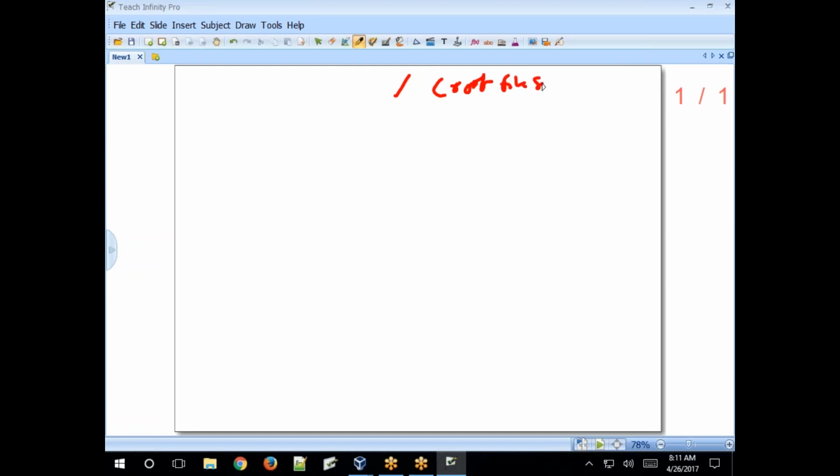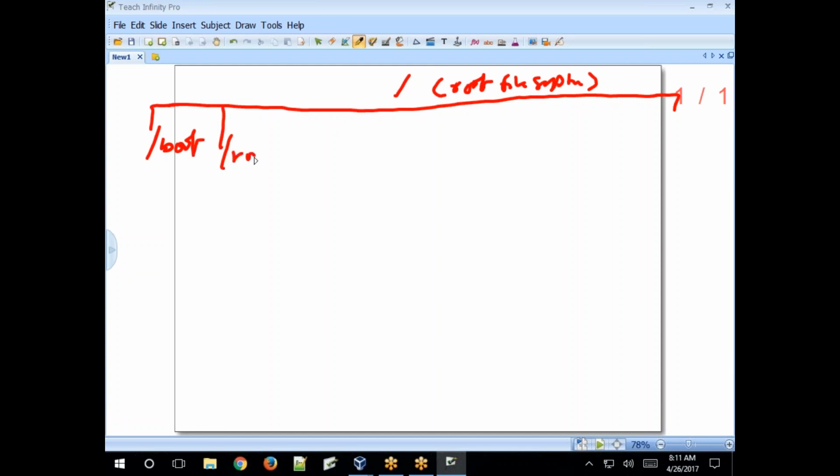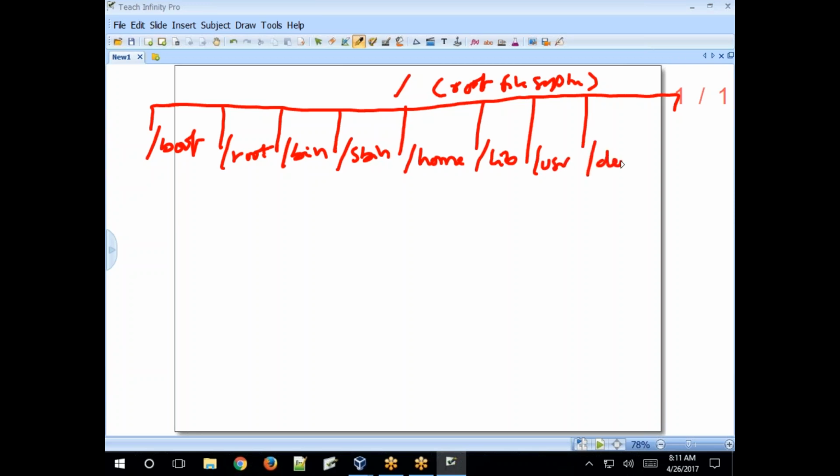Under this root file system, by default, the system creates some directories, like boot, root, bin, sbin, home, lib, usr, dev, etc and var.